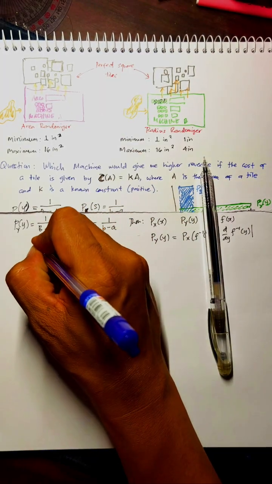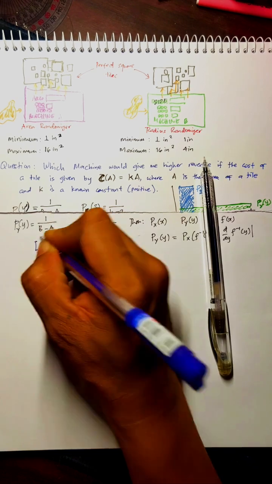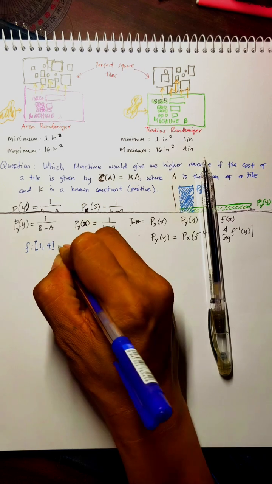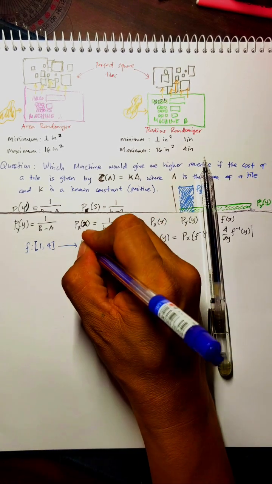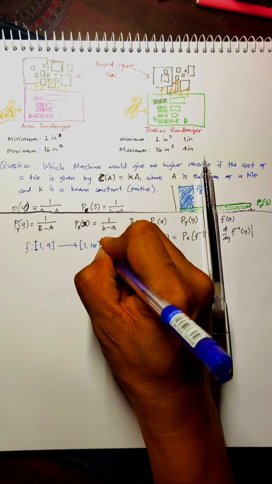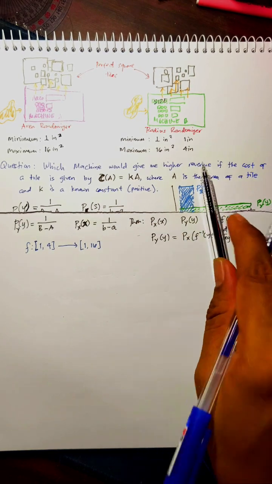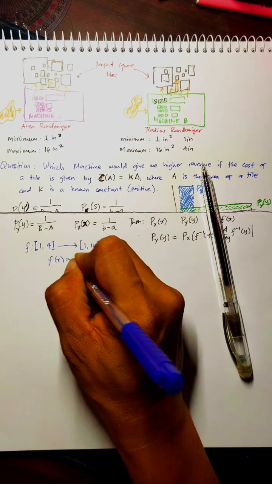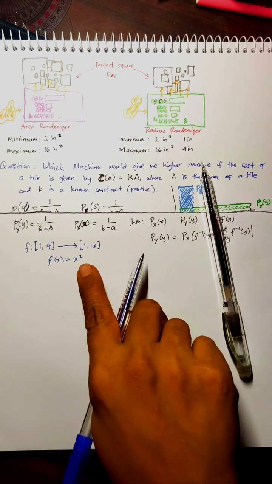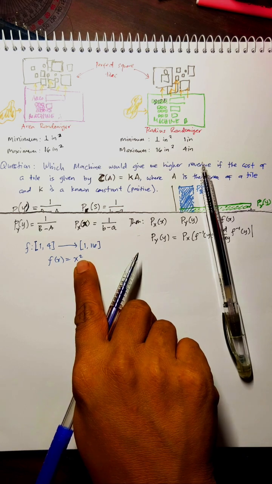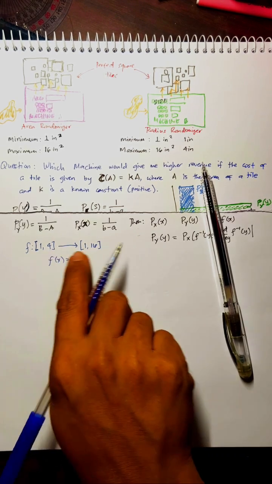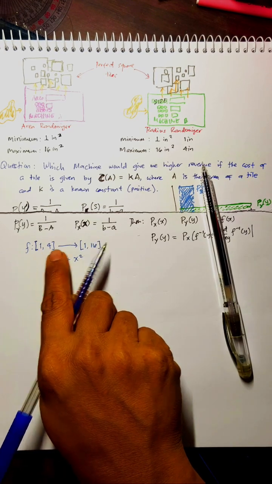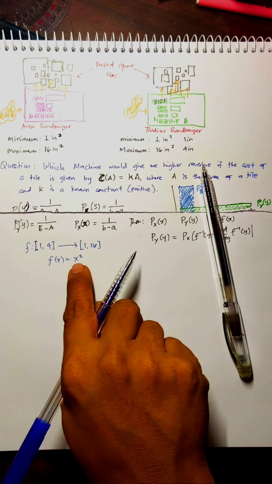Our function takes the domain 1 to 4, and the range of the function is actually 1 to 16. And f of x here is equal to x squared. Now, although x squared is not one-to-one, on these intervals, for the given domain of 1 to 4 and the range of 1 to 16, f of x